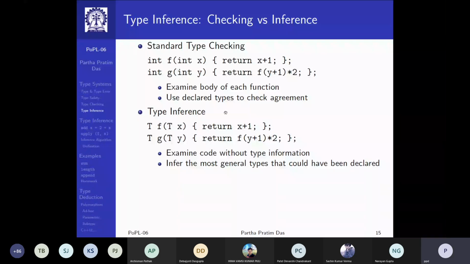So it can only infer the most general types that could have been declared. Rather, what it can infer is the required set of type traits that would make this valid. For example, a trait required for this type T for the first function to be valid is that it has